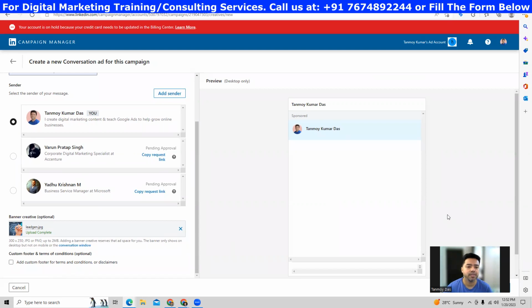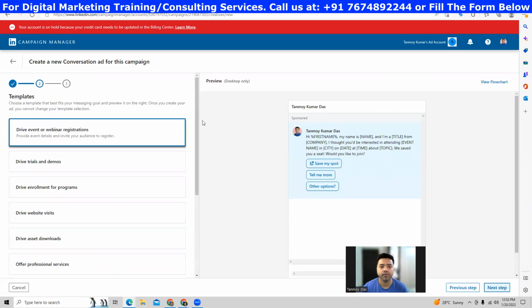Once you provide this information, we can move to the next part, which is going to be the template. In the template, we are going to write the text: the opening message we want to send to our members to start this whole process. You can see there are various options available wherein, for various reasons, we have different